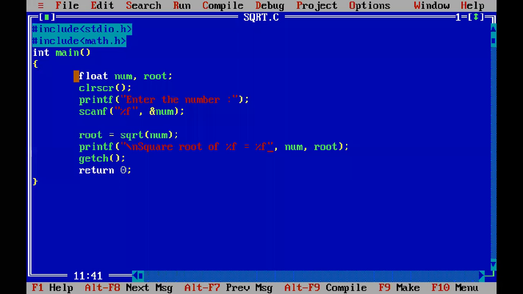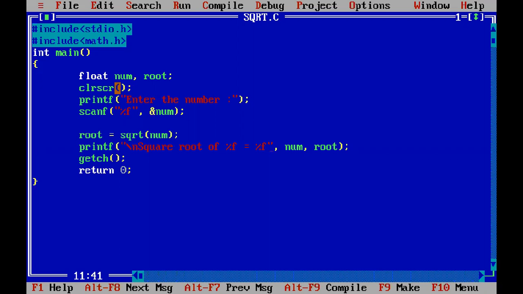Okay, fine. See, what I have done is I am calculating the square root of a number. What do you mean by a square root? Yes, x raised to 1 by 2 is square root. Okay, x means the number. So you have to give a number as input, a user input. So that depends upon the user, whatever input he wants to give. And depending on that input given, the square root will be calculated.